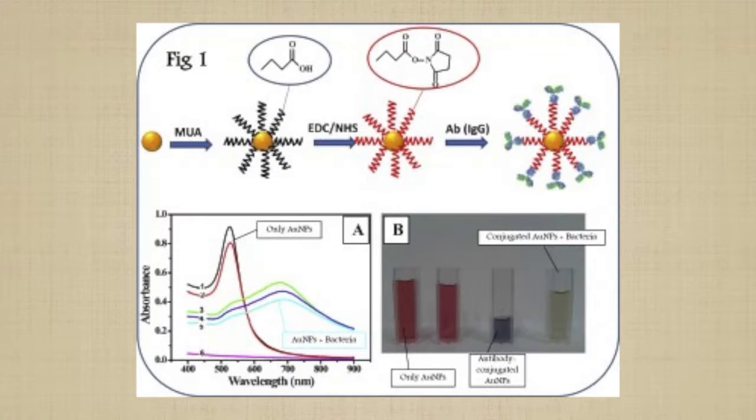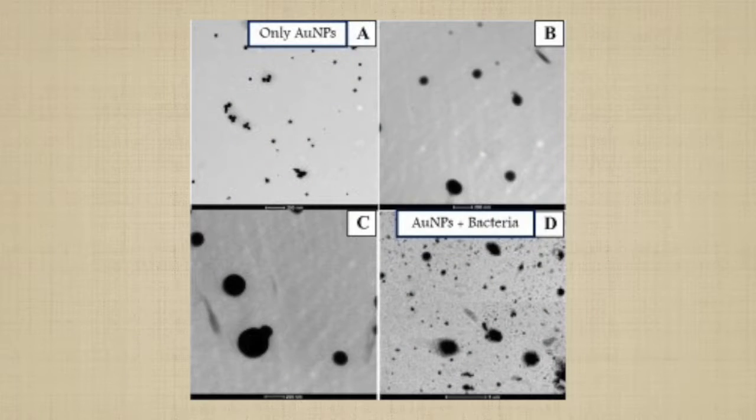The change in color of the antibody-conjugated gold nanoparticles that was stimulated by the presence of Lactobacillus could be monitored by UV-vis spectroscopy, which is used for localized surface plasmon resonance analysis, as seen in figure 1a, and by the naked eye as in figure 1b. It is attributable to the fact that Lactobacillus is more than 5 orders of magnitude larger in size than the conjugated gold nanoparticles, and this TEM image confirmed the increase in shell thickness of the nanoparticle after the interaction between the